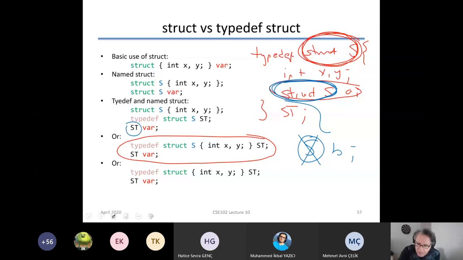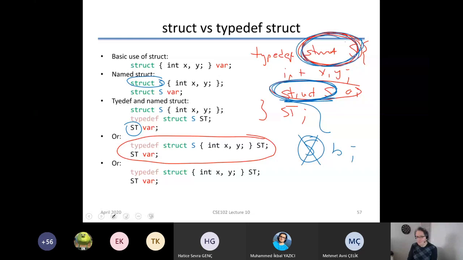But when you have a named struct, you have to use it alongside the struct keyword. This also allows you to do recursive definitions, as we have seen in this example. This type of definition allows you to use the definition again as a recursion inside the block where you define your